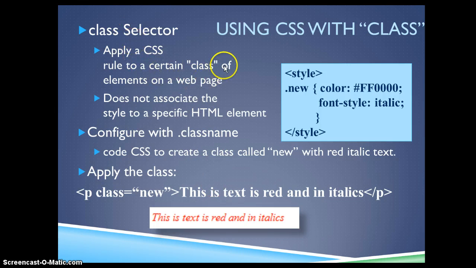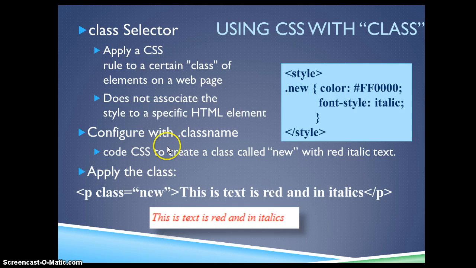So this is how we apply a CSS rule to a certain class of elements in a web page. It does not associate the style to a specific HTML element. So what we do is we create a new style. Notice we use the dot. This is the class name called new, and this is our style element. So we're going to change the color to red and the font style to italics whenever we use the class